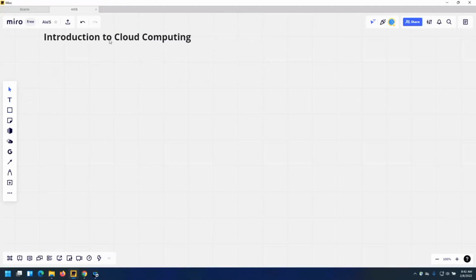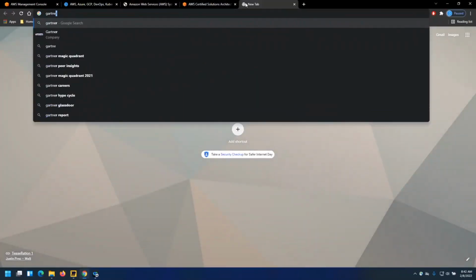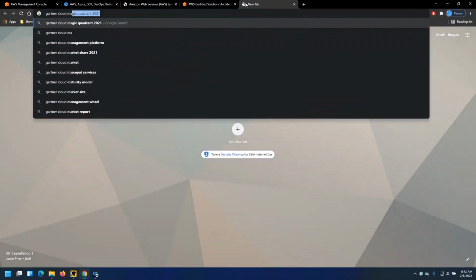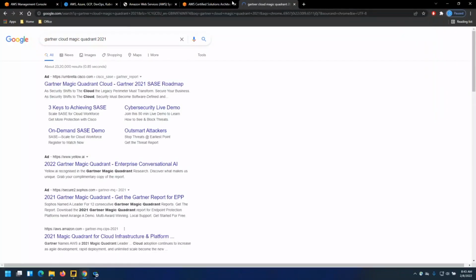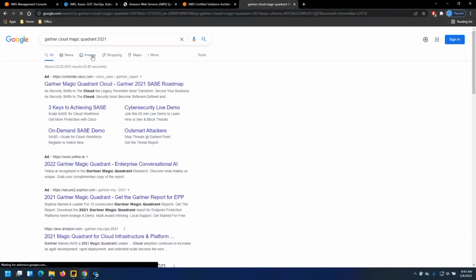Before we go ahead and talk about AWS or Azure or GCP or any other cloud platform, let's understand who is the top contender here. Gartner Cloud Magic Quadrants.